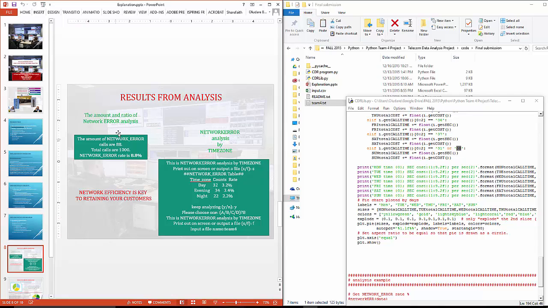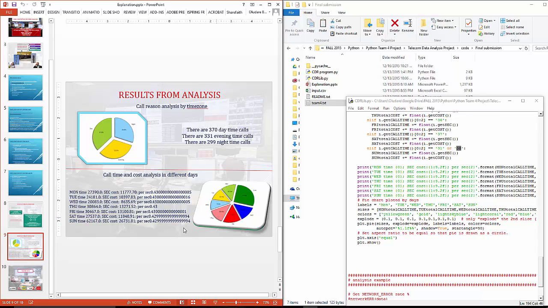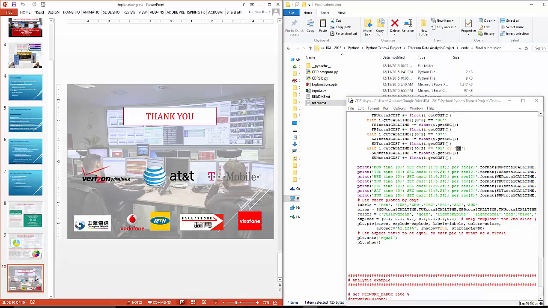And remember one thing: network error is necessary for checking the network efficiency of your network, and this is also necessary for planning. Do you need to increase capacity because of the high number of calls we have during the day? Do we need to increase the support staff available? Then you can look at the days of the week, which day is actually the busiest. So like I said, this can be used in large corporations such as Verizon Wireless, AT&T, T-Mobile, and even